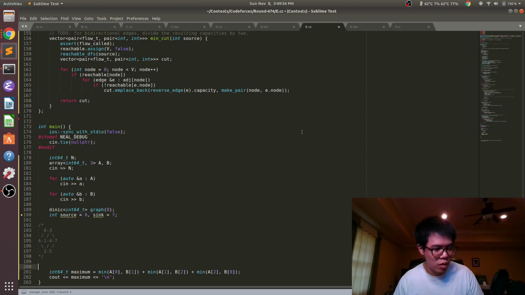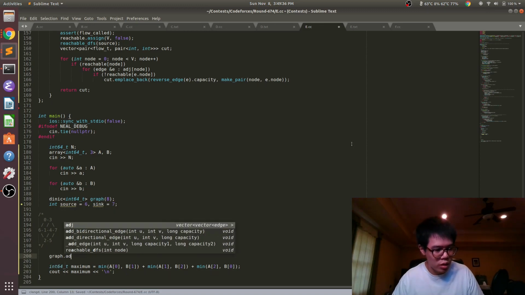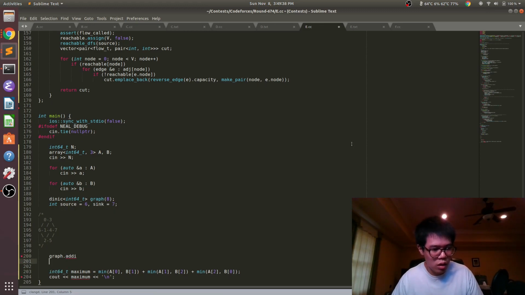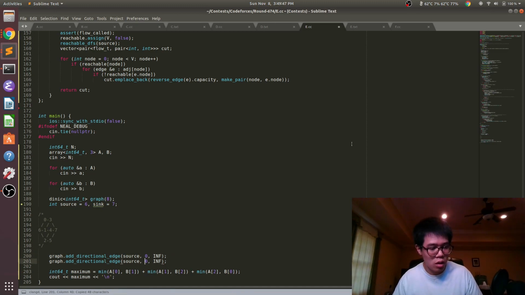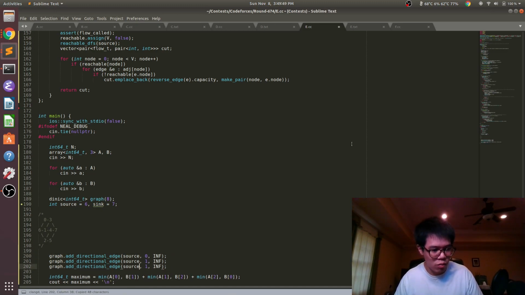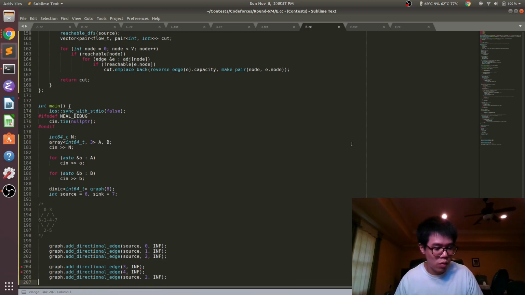And basically, the source is going to connect to 0 with the capacity of infinity. Same for 1 and same for 2. And then we're also going to have, oh, sorry, this is not correct.